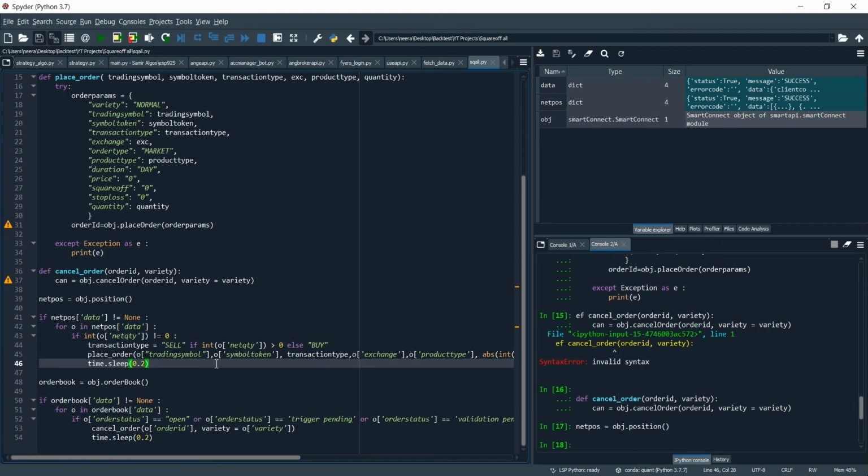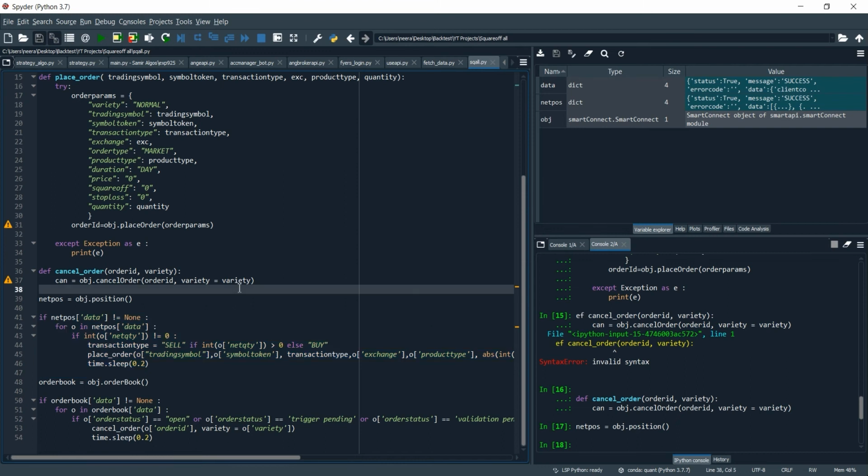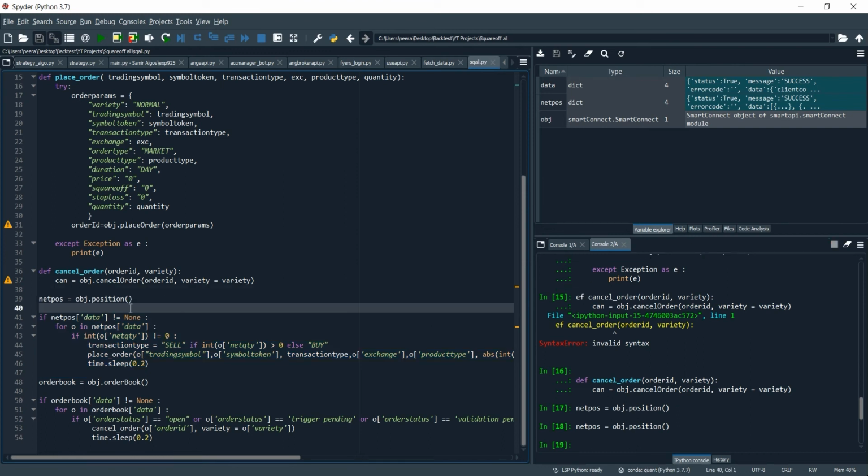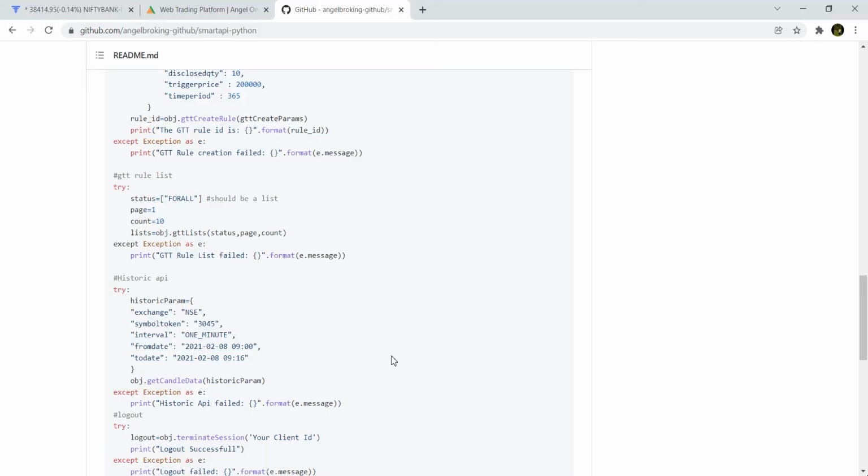As Angel Broking has an API limit of 10 orders per second, I'm going to give a sleep of 0.2 seconds, just to avoid the issue if we ever have more than 10 positions open at a time. So let me just run this code, and it is finished running.